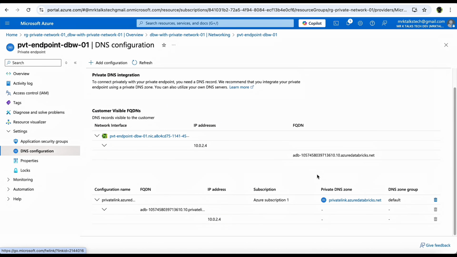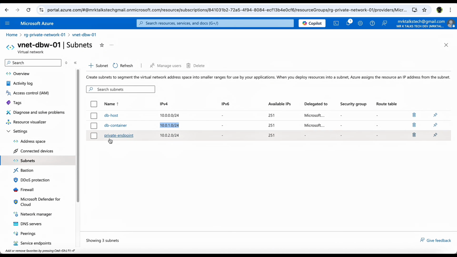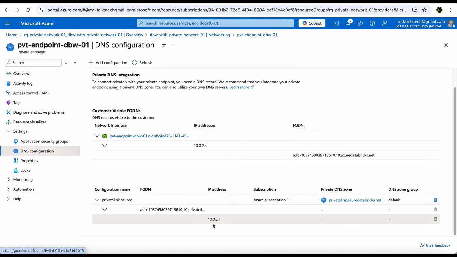In this private DNS zone, we have the most important thing, which is this IP address over here, which is 10.0.2.4. So this IP address comes from the private endpoint subnet's IP range. So what I mean by this is, here in another tab, I have opened the subnet configuration for the virtual network. And here you can see the range of the private subnet address, which is 10.0.2.0/24. So from this address range, one of the IP addresses is assigned to this private endpoint over here, which is